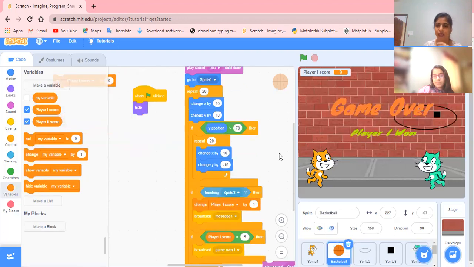Touching sprite. Okay. The point is that when the ball is touching this square, it is reaching and touching for a 1-2 seconds and then coming down, right? The ball touches the square, and when it is crossing, it is also counting. That's why 1, 2, 3, then 4, 5, 6. When the ball is coming to this, there is a movement from this sprite. So that's why it is increasing very quickly.